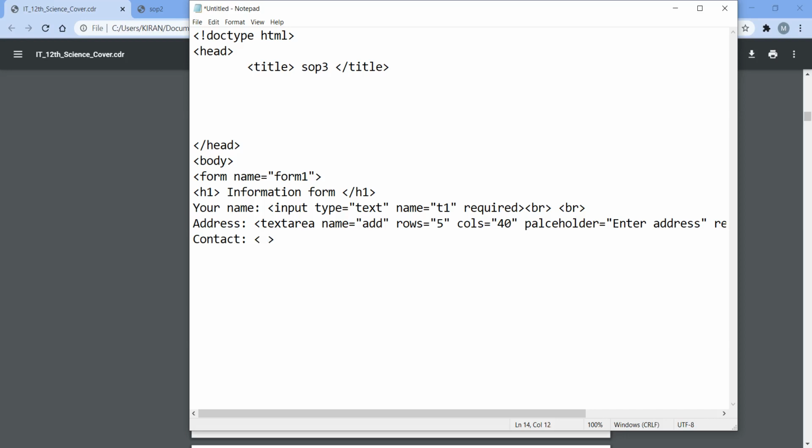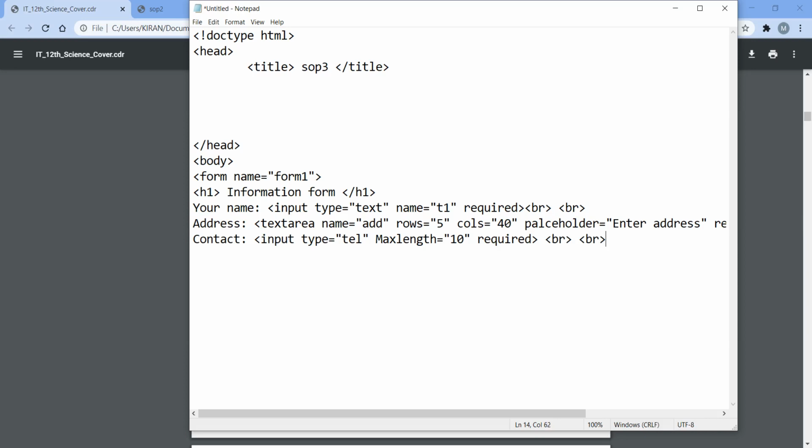For contact we will use input type is equal to tel, or even if we used input type equal to text, no problem. And after that we have to take a maximum length of 10 characters, means only 10 characters can be entered within this input field. So for that we are going to use the maxlength property, and in that we can specify our maximum length. In this case we want only 10 characters, so I will set maxlength is equal to 10, and this field is also required.